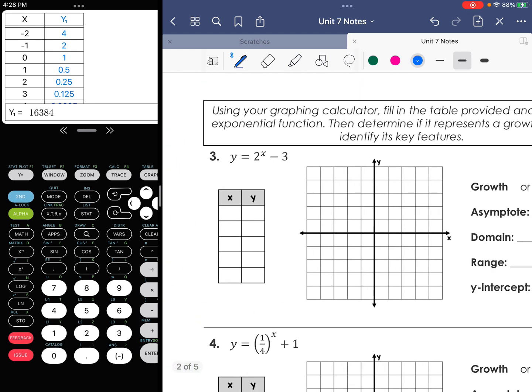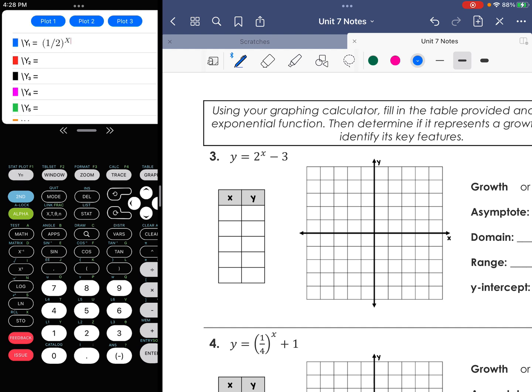On the next page, we do add some more complex situations. So when you're going to do one like this, you have to do 2 caret x, and then you have to use the right arrow button to get back down out of the exponent so that you can do -3. If you forgot to do that, if you did 2 caret x and then just did -3, notice the -3 stays up there with the x, which is not at all what you want. So make sure that you're using this right arrow button to get out of the exponent before you do any